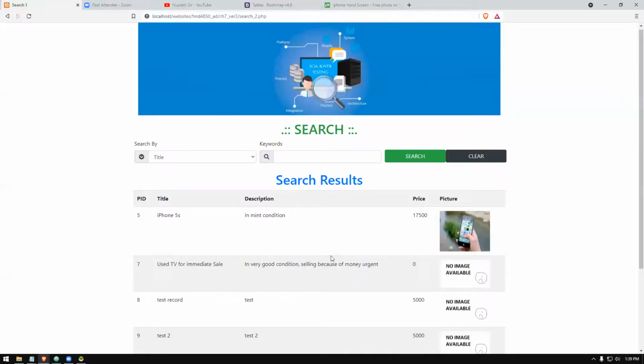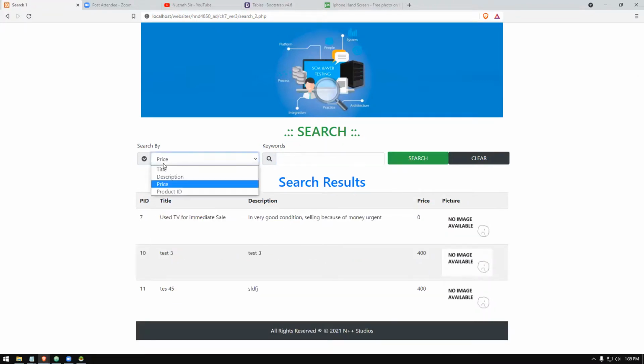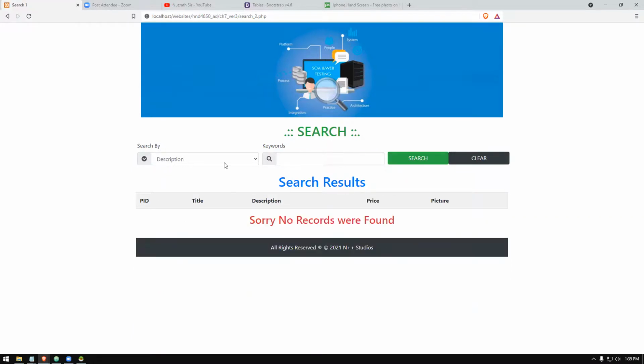Now see what's going to happen is, if I choose price and if I submit, you can see price is not disappearing. It is the third option, but it is getting selected there. This also I built by myself. Okay, so I'm proud to say that, because it's something I invented. So even it is getting recorded in the video. So whoever watches that, this is the way I developed myself. So if you wish to use it, please use it, no problem, right? Okay, so that way you can do it. If you use description and if you type something here, test one, and if you search, test one is disappearing, no problem, but description is staying there.